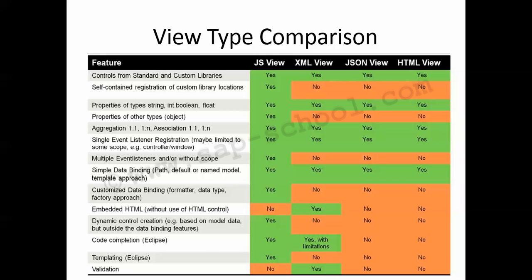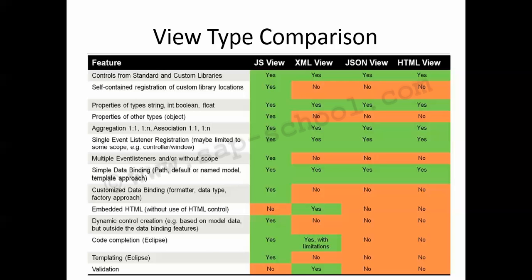The single event listener registration is available again in all 4 views. Similarly, multiple event listeners with or without the scope are available only in the JS view. Then the simple data binding is available for all the views. However, the customized data binding is available only in the JS view.